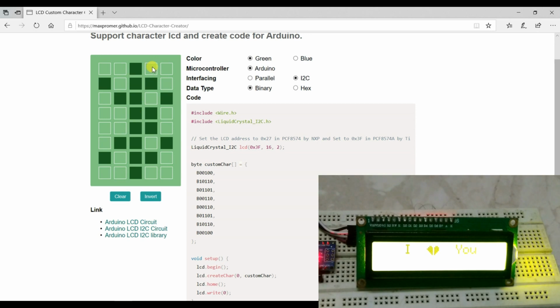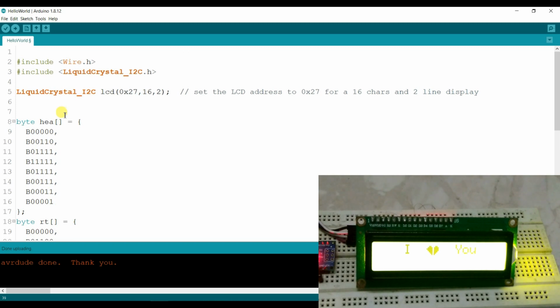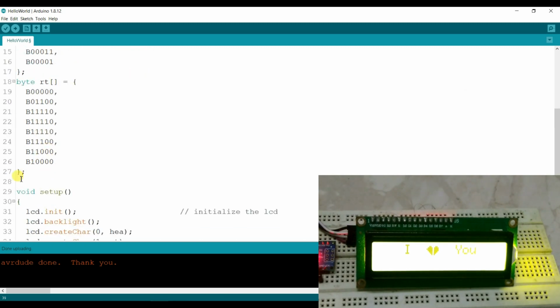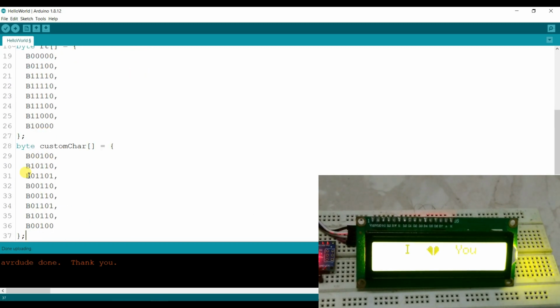Okay, I will copy. I will paste here. I will create a name, Bluetooth.